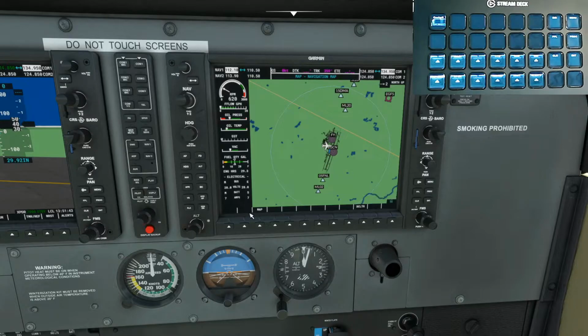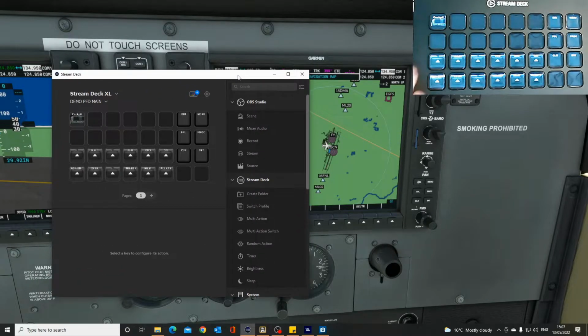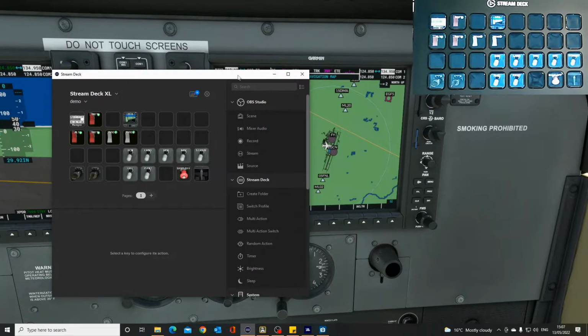So we can't program in a profile change. So all I'm going to do is go back to my Stream Deck software, and in the cockpit create a link to a folder, and I'll just have to deal with counting across. But I don't use it that frequently, so I think this will work fine for me. So it's going to be here. We'll create a folder,